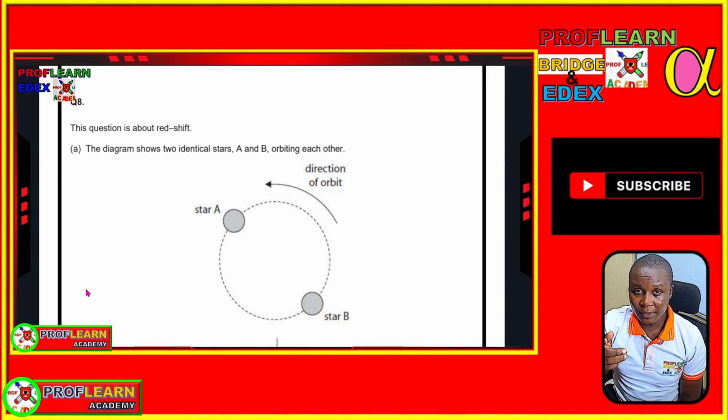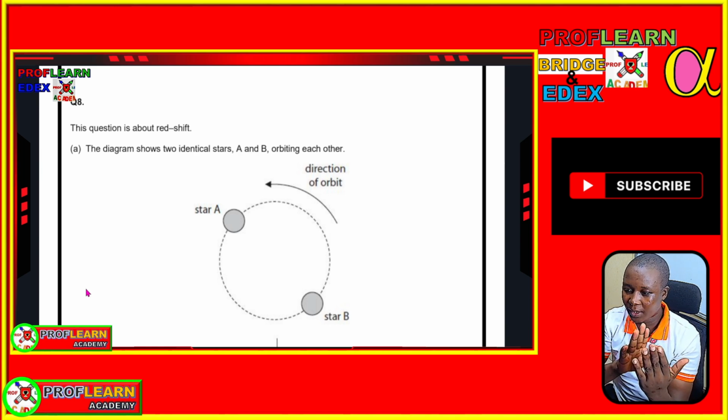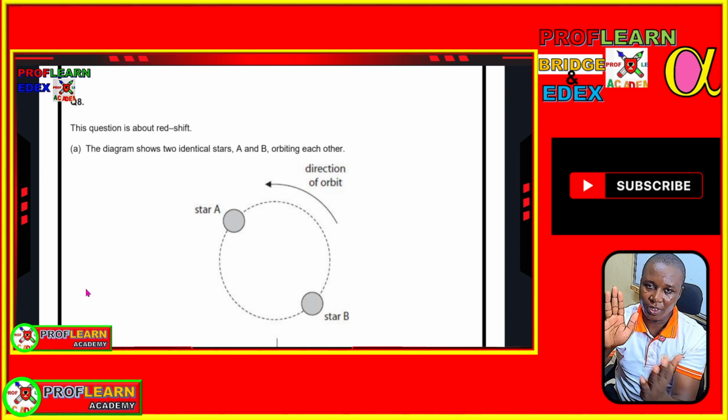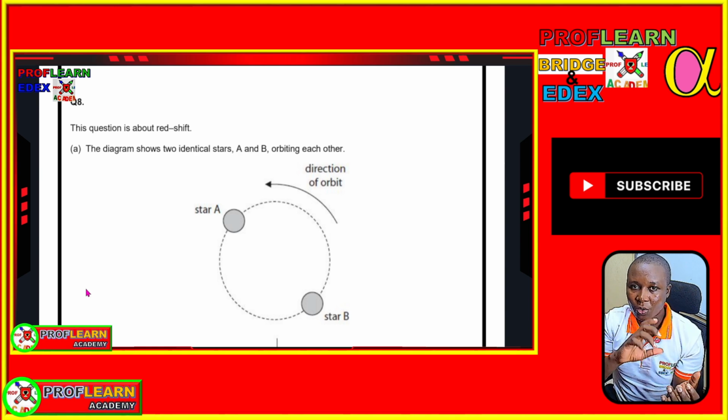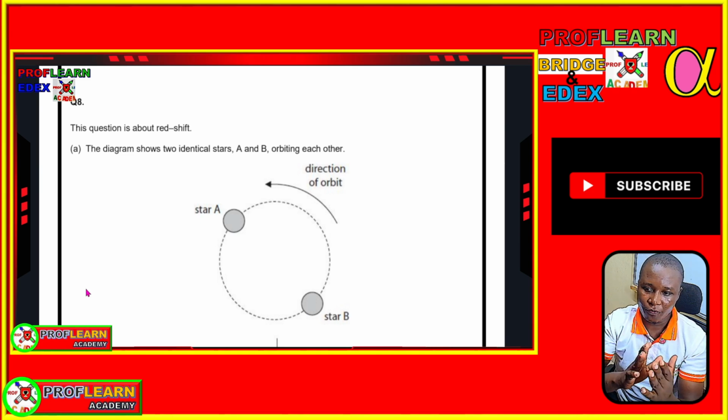Sometimes you've heard the sound of a car approaching. You will hear a sound of higher pitch than when it has passed you, because when the car is approaching, the sound wave fronts will be compressed. When they reach your ear, they are very, very close. So you are going to perceive sound of high frequency, and when the car has left, the wave fronts spread out, and then you are going to detect sound of